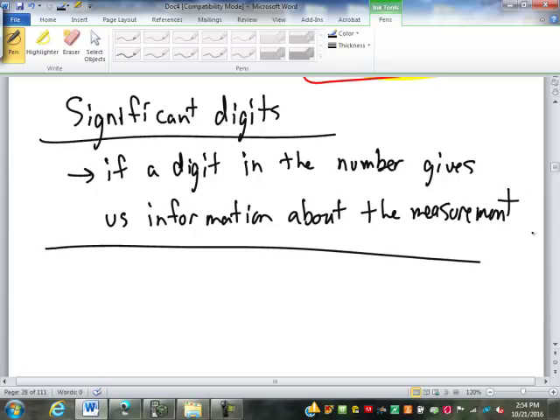So does that digit give us any information about what we were measuring? Now we've hinted at this a little bit, so we're formalizing some of the stuff we've talked about here over the last half hour. If I have a number like